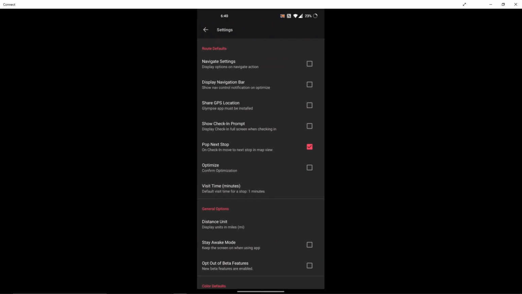This display setting is off because I have it set to always go to Google Maps. Everything else is off except pop next stop. I have this checked because when I create a stop,